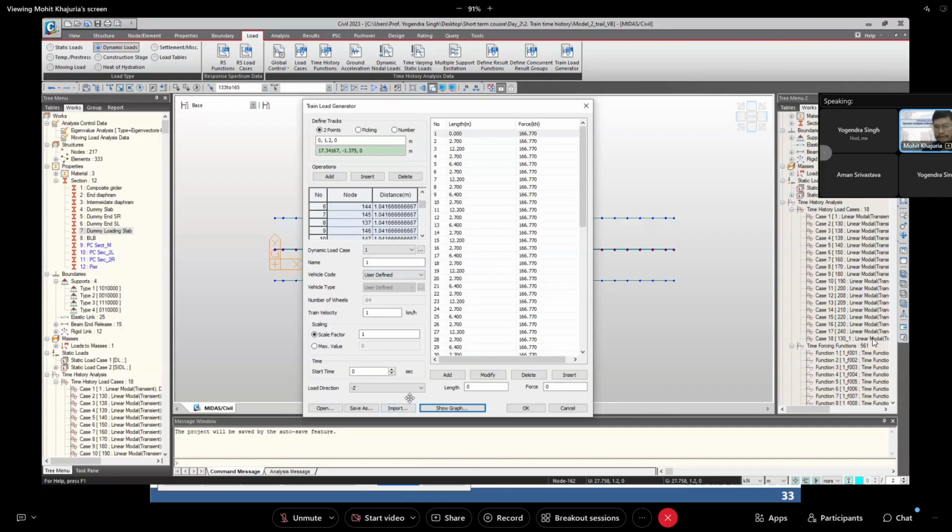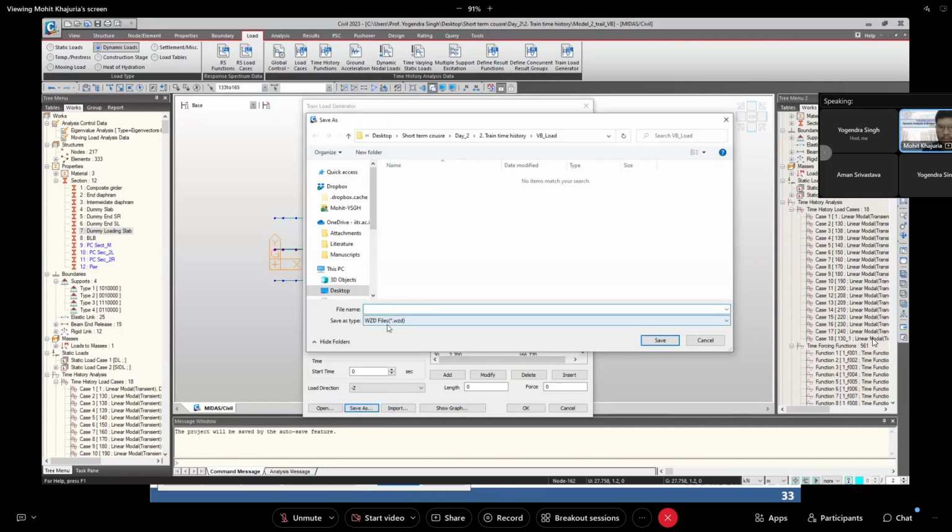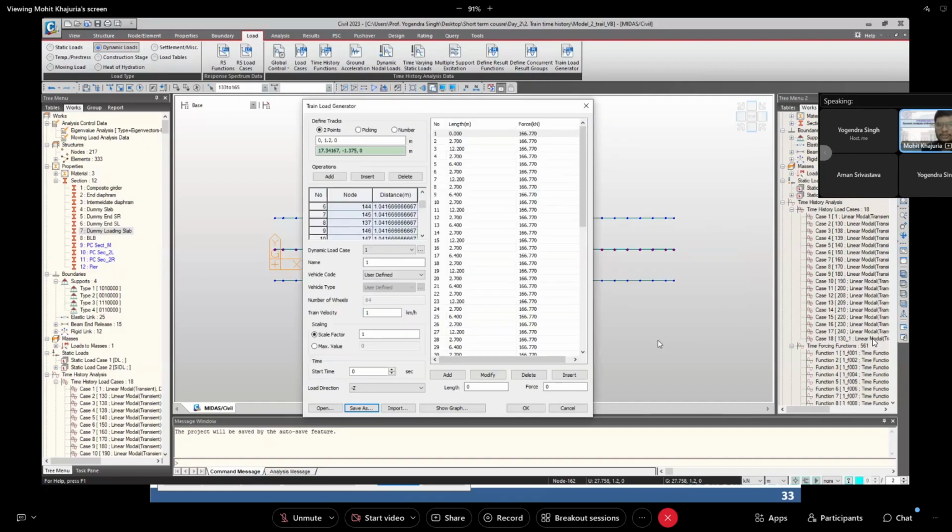And for the further application of this train load for different load cases, what you can do is save this arrangement as a WZD file in your system. I'll save it as Vande Bharat trial 1. So the next time, I think if I just press OK,